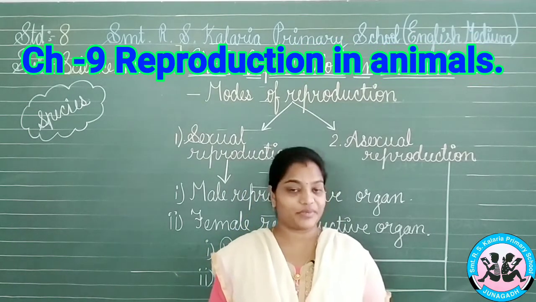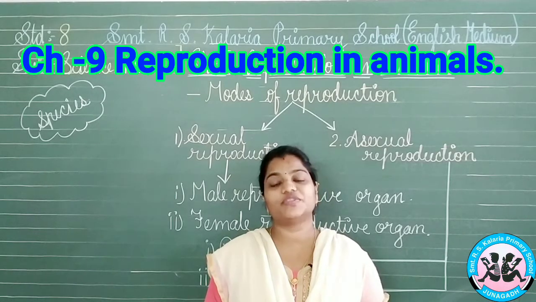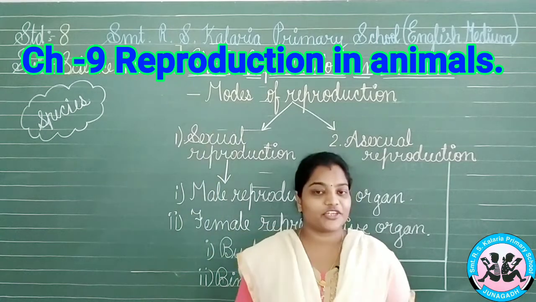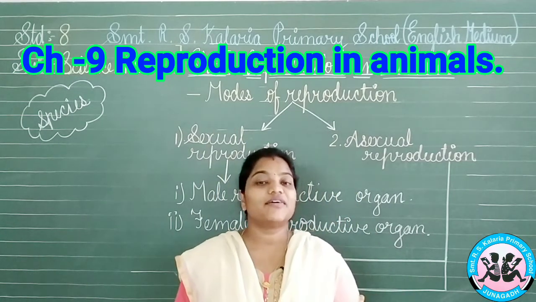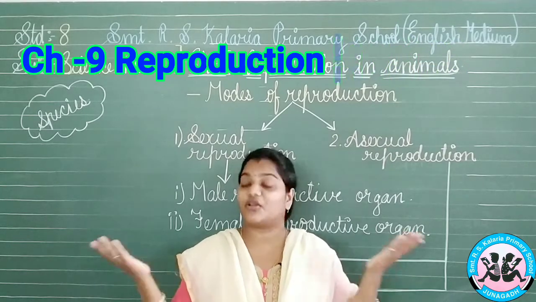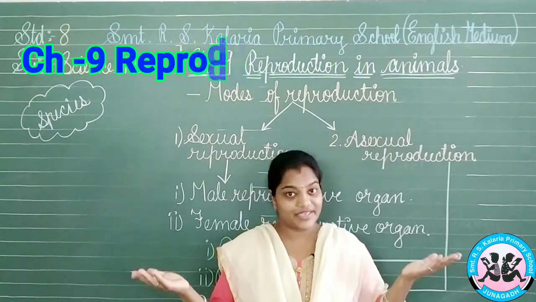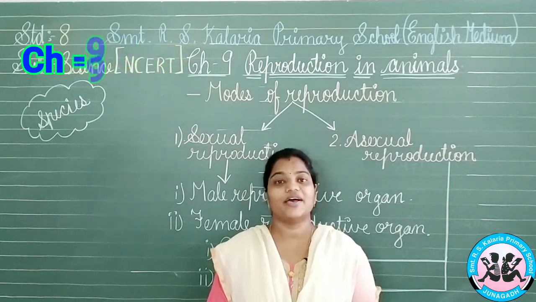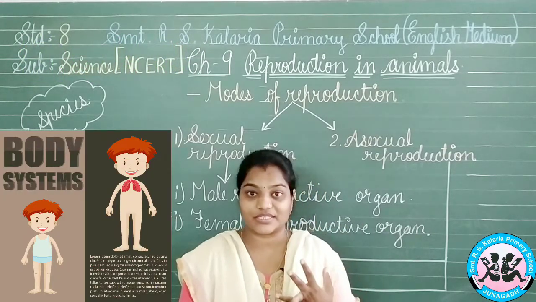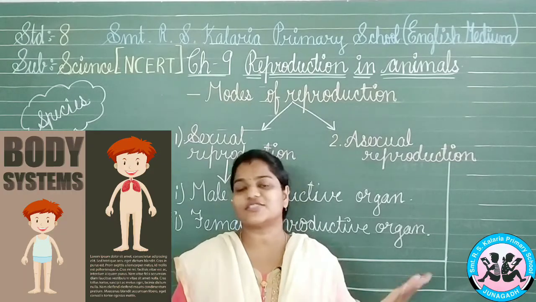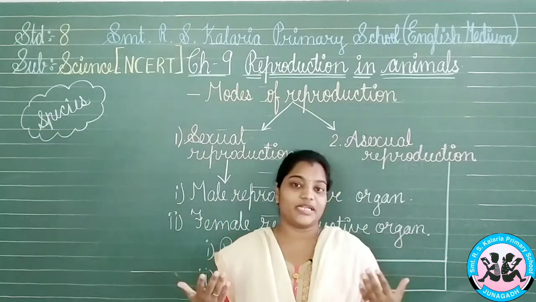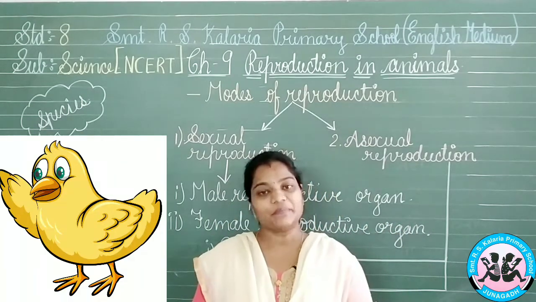Today, I, Chudasama Priyanka, will be enlightening you with the science subject NCERT chapter number 9, Reproduction in Animals. Now, you would be surprised to see that these types of systems we have already studied in the 7th standard. Yes, you are correct in guessing that. You people have already studied about the respiratory system, circulatory system, digestive system and so on. So, this is also one of the systems present in our body structure. So, we are going to study this.